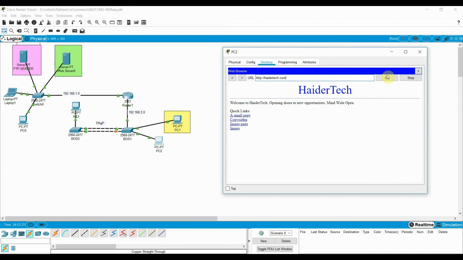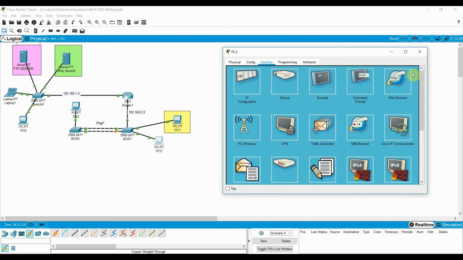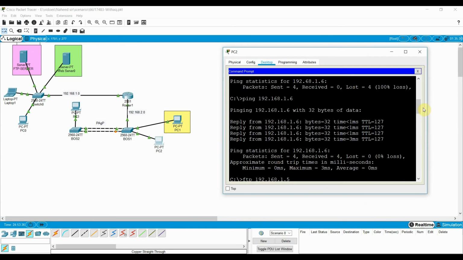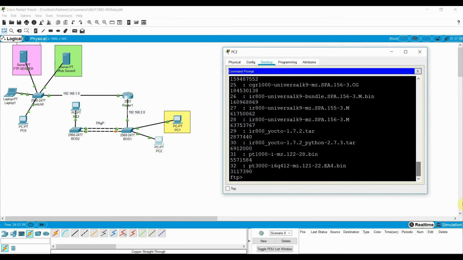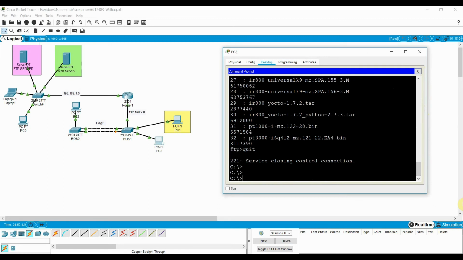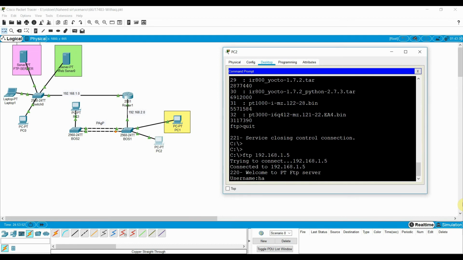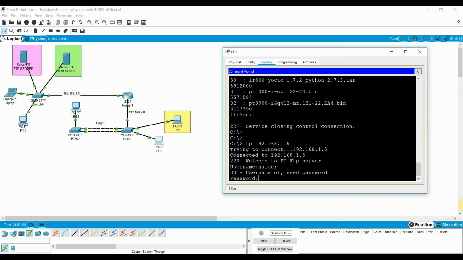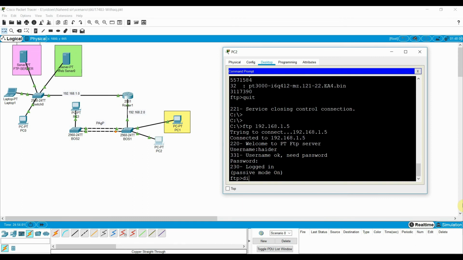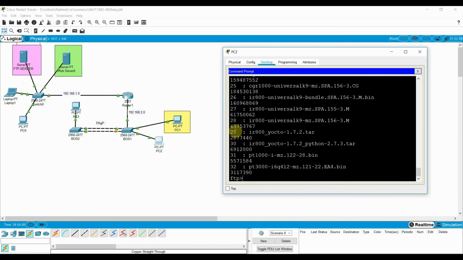We can also check the FTP, 192.168.1.5. The username is Haider, with the password. You can see we can access everything. We are in, and with dir you can see all the files from PC2.